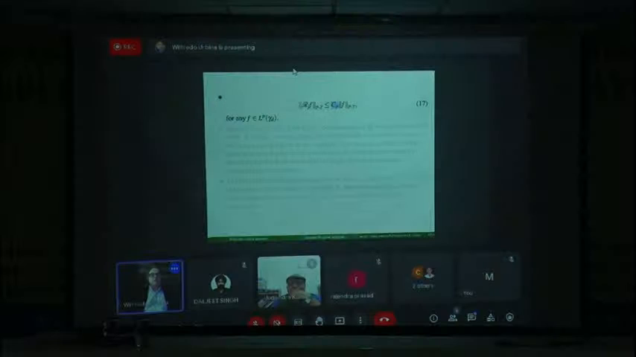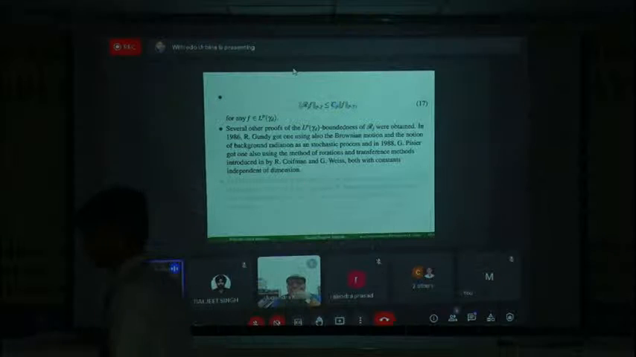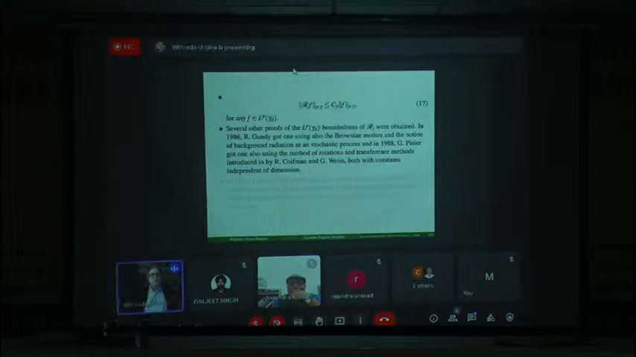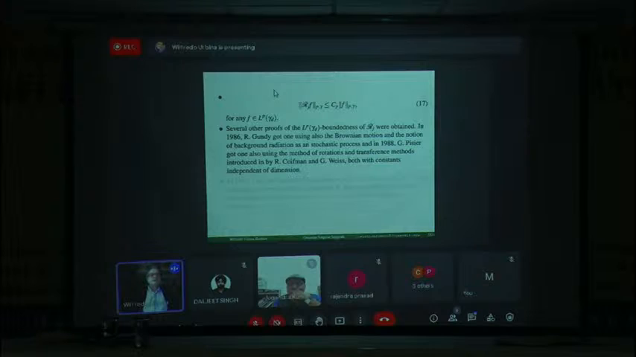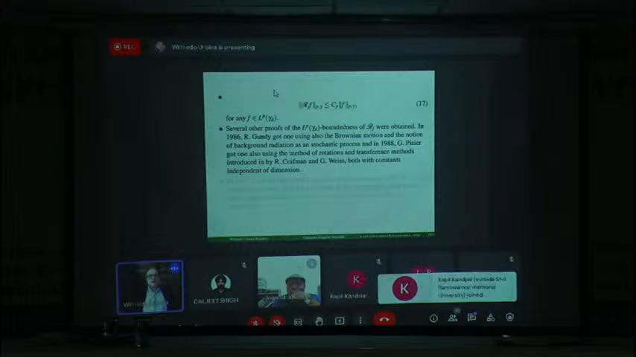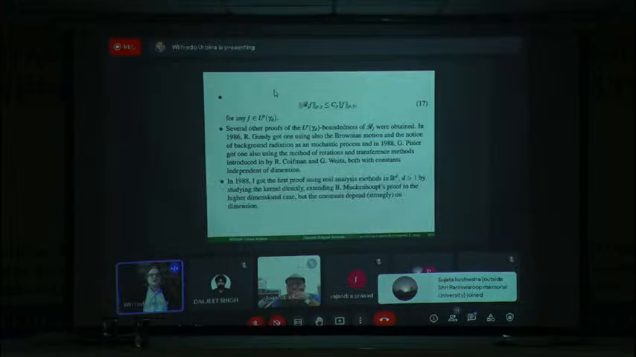There was another proof obtained for the Riesz transform in 1986 by Richard Gundy using Brownian motion and the notion of background radiation as a stochastic process. And then Jean Pisier also got another method that is a hybrid between analysis and probability, the method of rotations and transference method introduced by Ronald Coifman and Guido Weiss. So I entered into the picture because following the